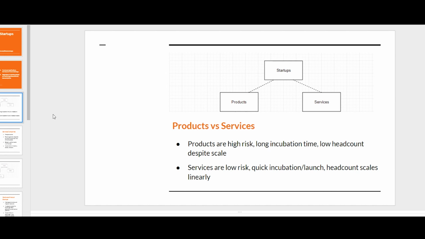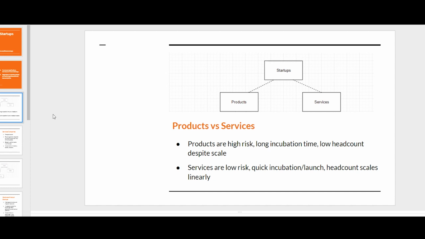On the other hand, services are low risk, which means that you can start at any time. You can even start it on the side, do some consulting. I like to say that, in the general spectrum of things, you should start as a freelancer, then start doing services, and then eventually move to a product company. That is the path that I took, and that's the path that a lot of successful entrepreneurs took as well.